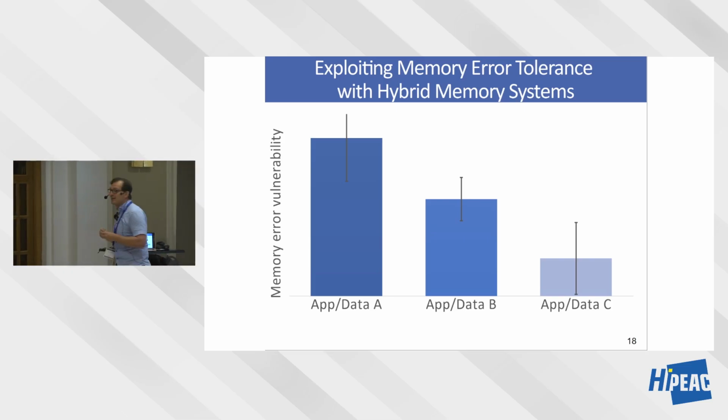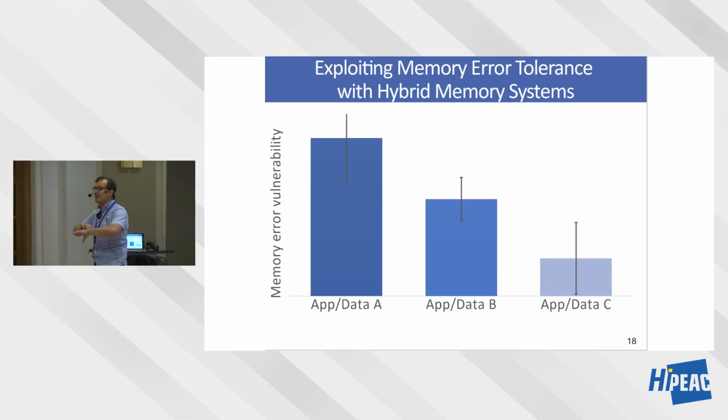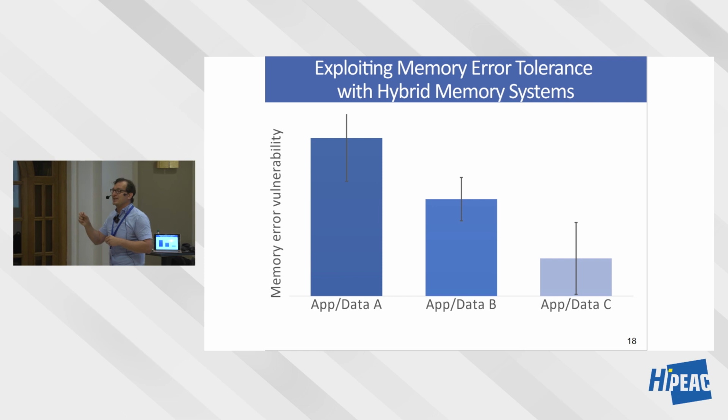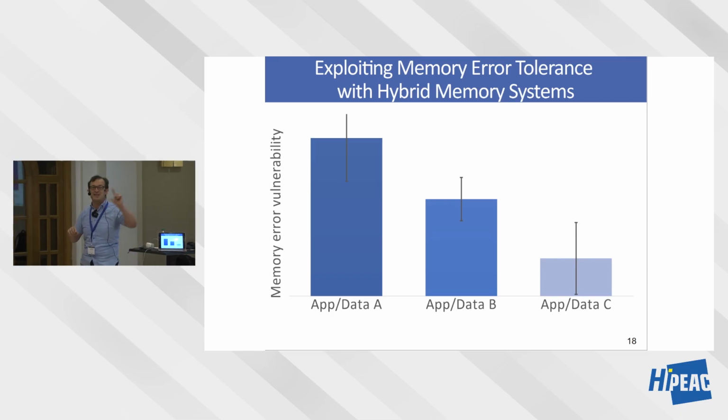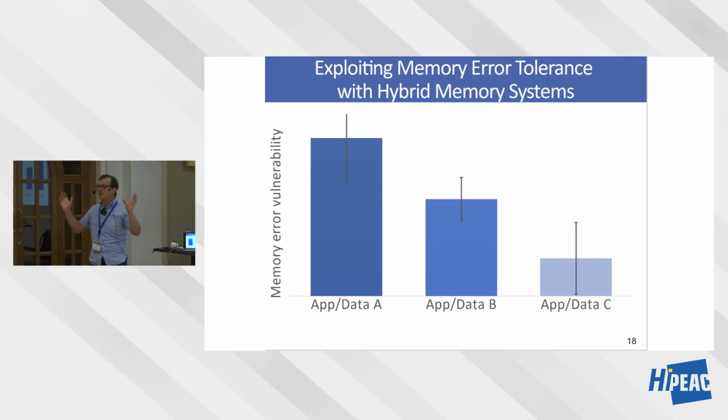The idea here is, if you know the characteristics of your data, then you can perhaps scale the memory system to be very large, and not all of it needs to be reliable. It's well known that applications and data have different characteristics in terms of memory error vulnerability. If you get a fault in memory, in some critical data structure, you can get a crash in the application. That's vulnerable data or a vulnerable application. For some other data, you get a fault in memory, and nothing happens. You don't care. Maybe a pixel goes wrong and nobody notices it.